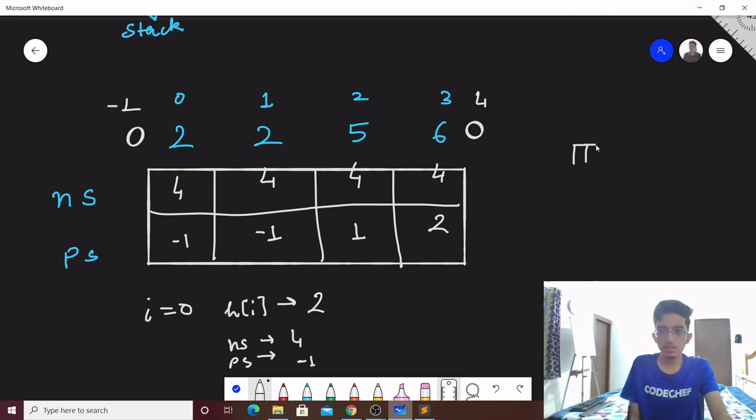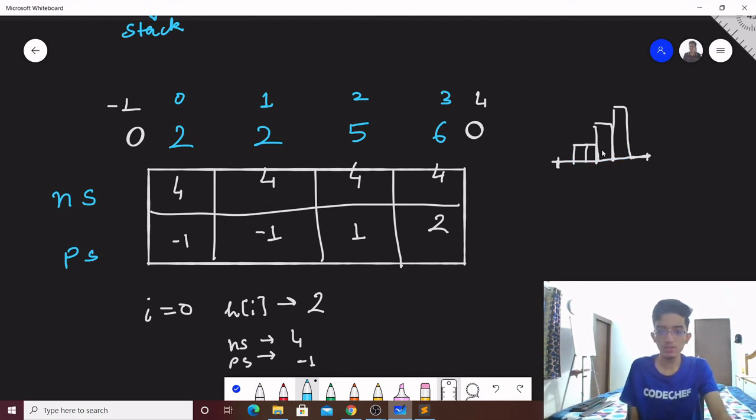So for the element at index 0, we know the current height, that is 2. Now we want to find the width to calculate the area, and in such a case, this will be the width, because this will be the rectangle and the area would be just width into height.